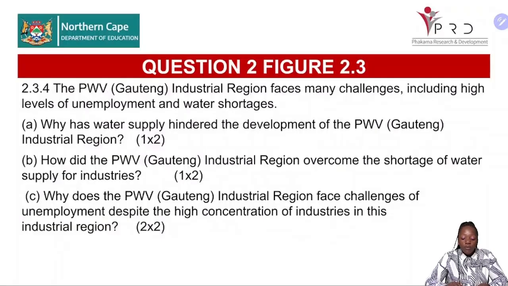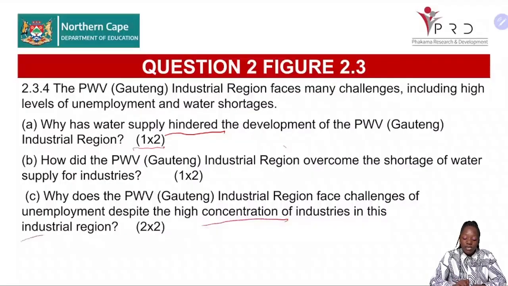The PWV Gauteng industrial region faces many challenges, including the high levels of unemployment and water shortages. Remember, this was also included in the extract. Then number A, why has water supply hindered the development of the PWV industrial region? So 1 times 2 means it's one answer that will give you 2 marks. And then B, how did the PWV Gauteng industrial region overcome the shortage of water supply for industries? Then number C, why does the PWV Gauteng industrial region face challenges of unemployment despite the high concentration of industries